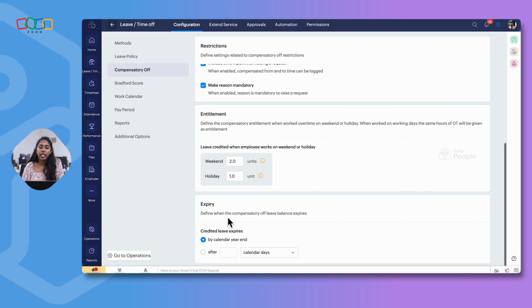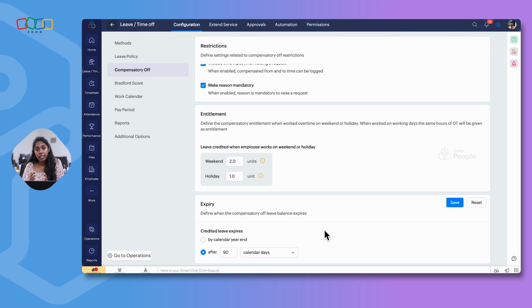And then finally we have the expiry date. So when the credited comp off has to be expired. So you can either set the expiry date as by the end of calendar year, or you can specifically mention the number of days. So if I'm marking it as 90 days, you can mention whether it is calendar days, business days, or you can even have it in terms of months.